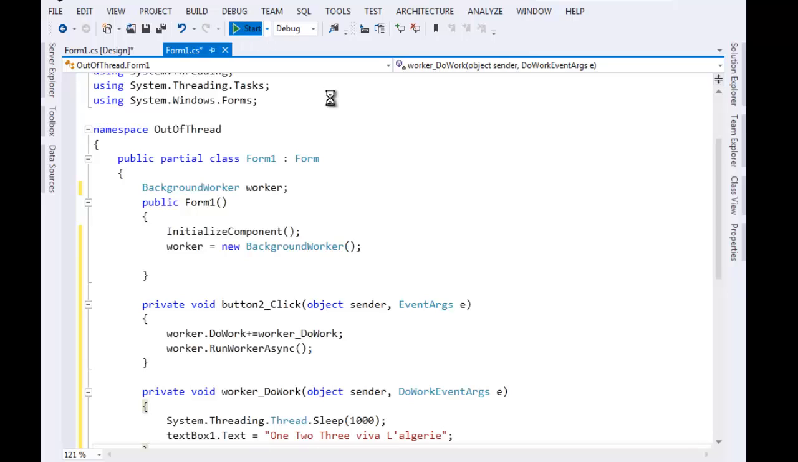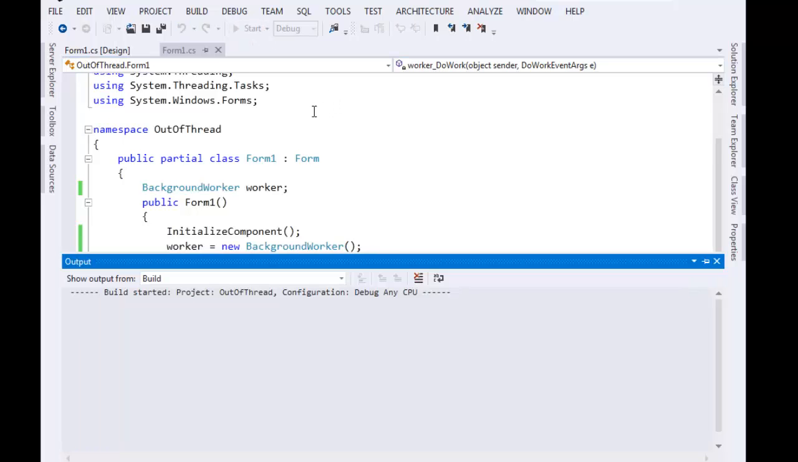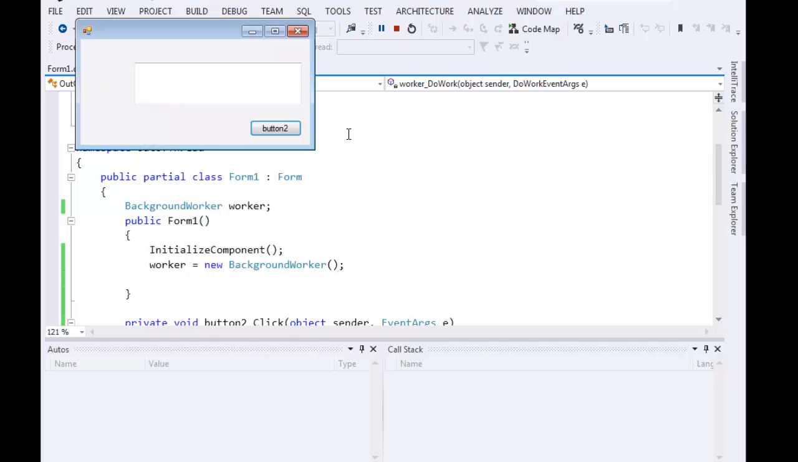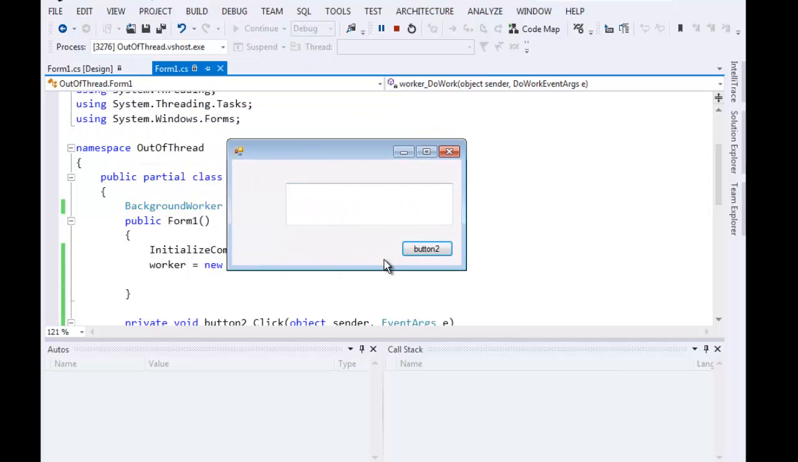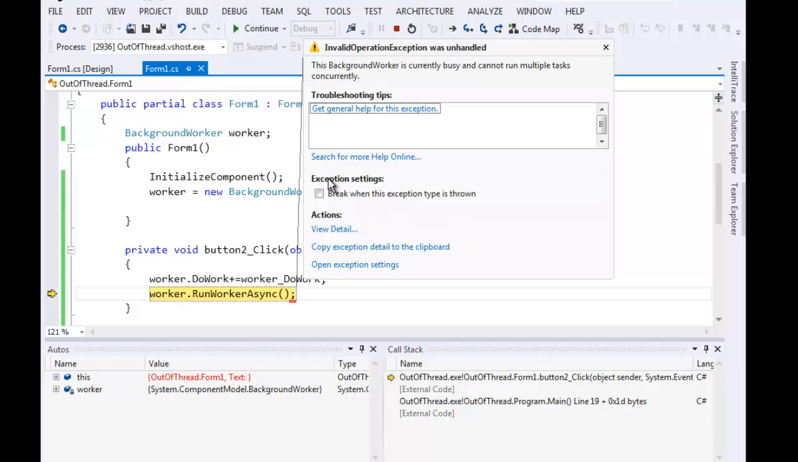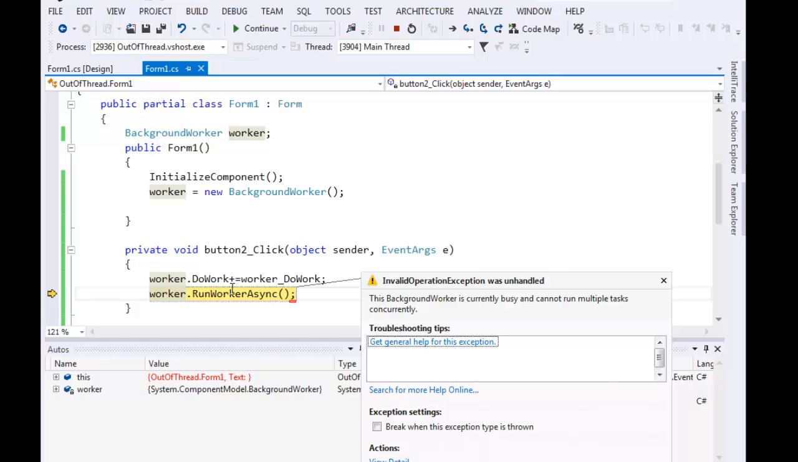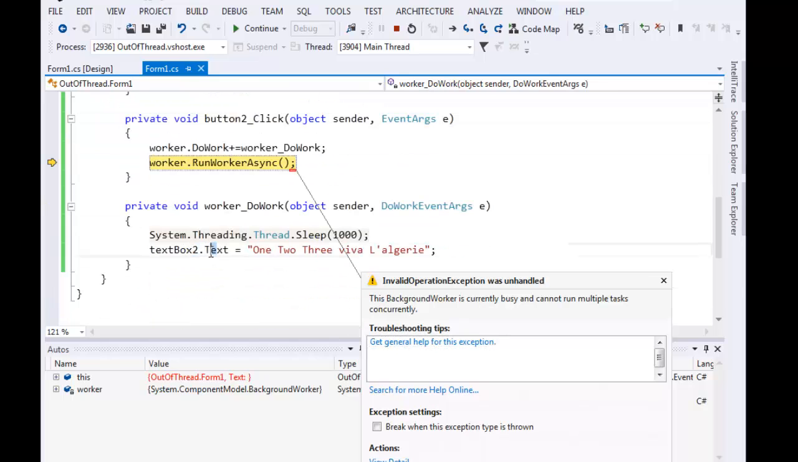If I execute this code, now it works. But what if I click the button 2? So I will receive an invalid operation exception, which is normal because the text box is modified out of its original thread. We can tweak this and work around it in order to let this business logic run correctly by adding